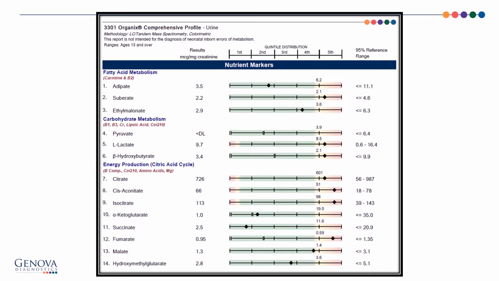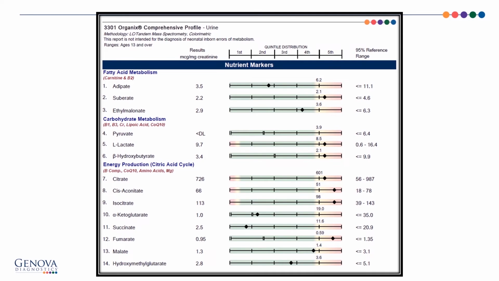An elevation in L-lactate suggests that carbohydrate metabolism may require some support of B1, B2, and lipoic acid. An elevation in beta-hydroxybutyrate, which is a ketone body, suggests that the patient's making ketones. Sometimes that can be due to insulin resistance, prolonged fasting, or patients consuming a significant amount of alcohol, and those may be reasons for an elevation of beta-hydroxybutyrate. However, keep in mind, if you have a patient on a low carbohydrate diet, we would expect to see some